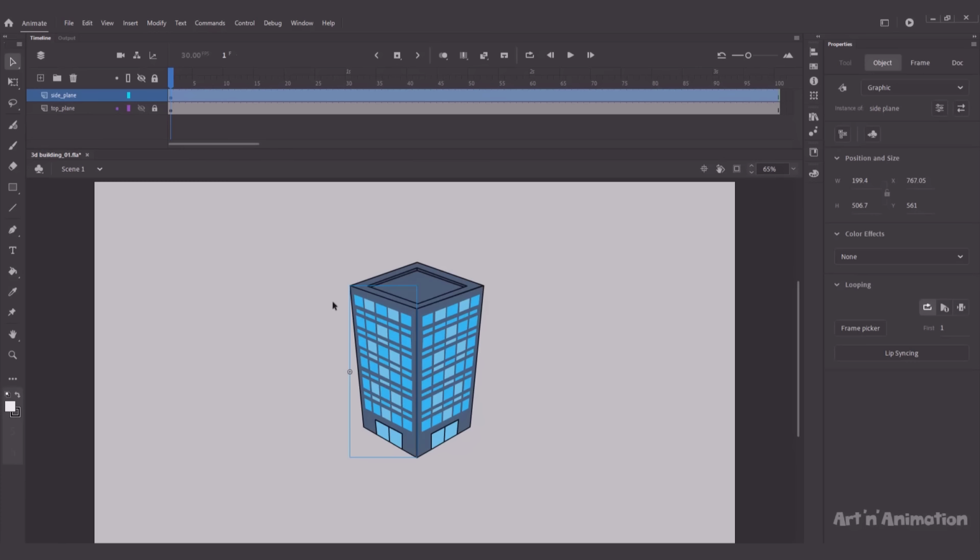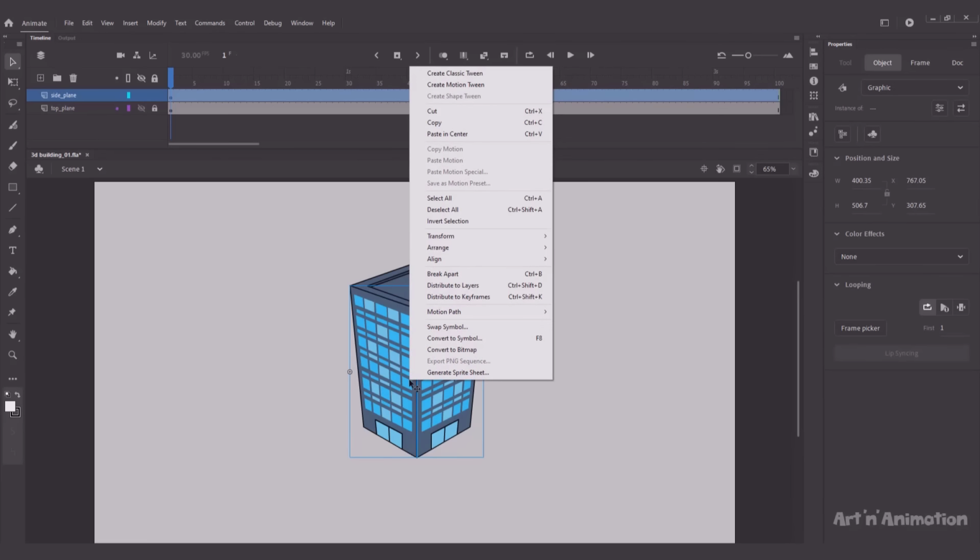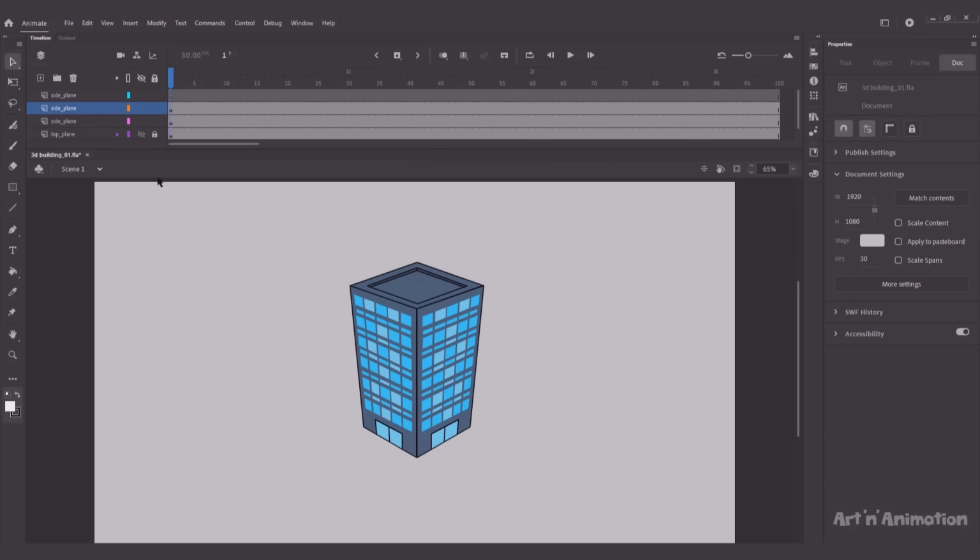Now what we need to do is to separate the two sides of the building. For this, let's select both the sides of the building as seen in the video. We then right-click on the selected sides and choose Distribute to Layers from the menu that appears. We can see that using Distribute to Layers has created two layers for the two sides of the building which